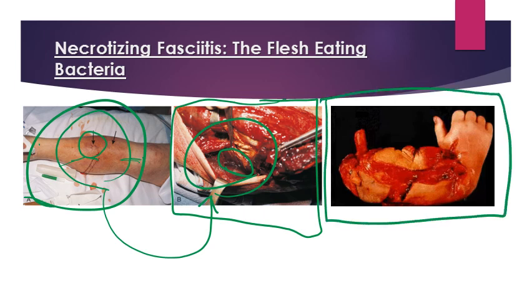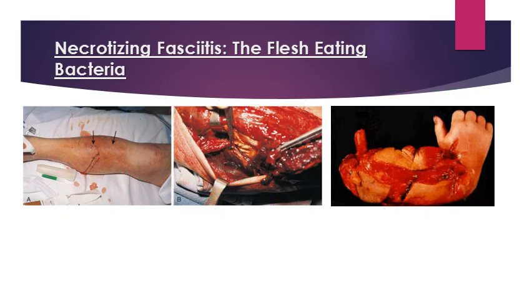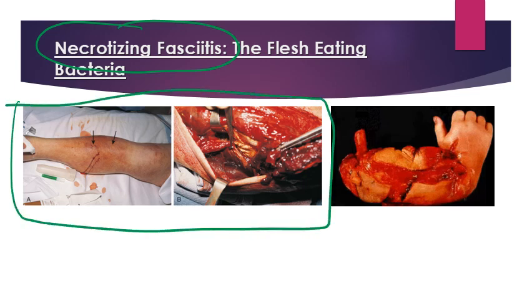guy. This is an amputated infant's arm where basically the patient had a group A strep infection of the arm, and the only way to save the baby's life was to amputate the arm and treat with antibiotics. But in this case, the baby did survive. And this is kind of also an example of how group A strep can move from cellulitis to necrotizing fasciitis, and eventually, in the case of this patient, to basically